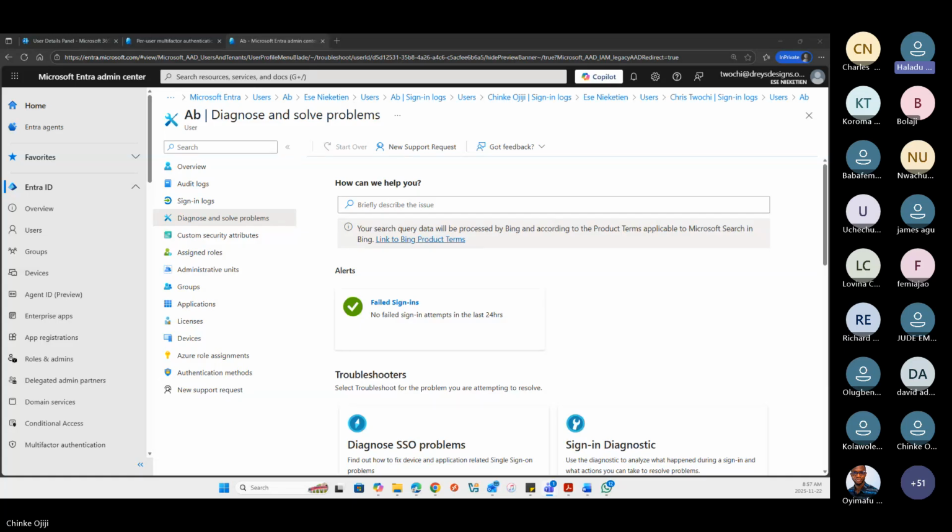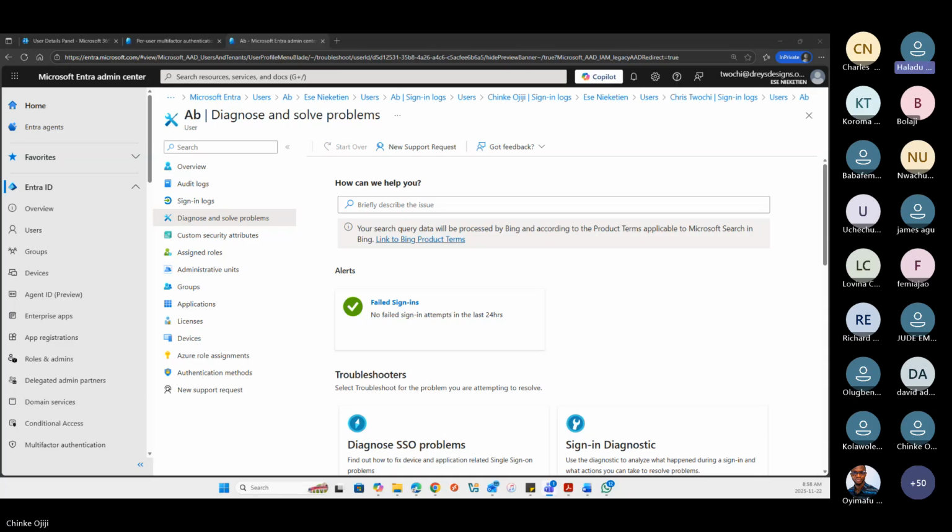In fact, in conditional access policy, we usually block all locations, or certain locations that we know are risky. For example, in my company, we block Russia and we block China. Some companies have certain countries that they block IPs from. If you are accessing from an ISP in that location, you're automatically blocked. I don't know if Chinke is back, but that's what I want you to understand about VPN.